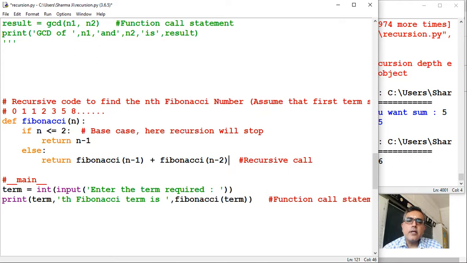If you have to calculate the third term, you have to calculate the first and second term, right? If you have to calculate the fourth term, it is the addition of the previous two terms. So it is very easy to write here, but this time Fibonacci has been called within itself two times. See, here the function is called, and here also the function is called. That is why it becomes more interesting, right? It has been called two times.